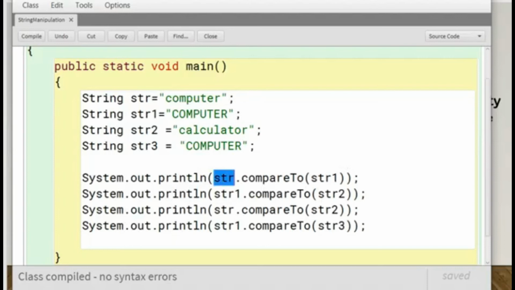So str is compared with str1, so small c is compared with capital C.